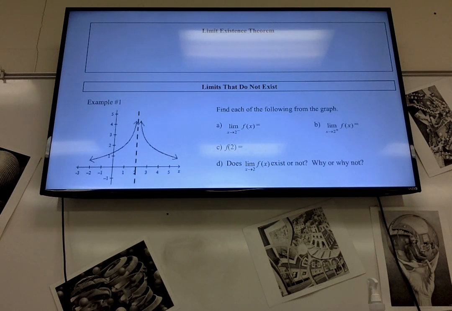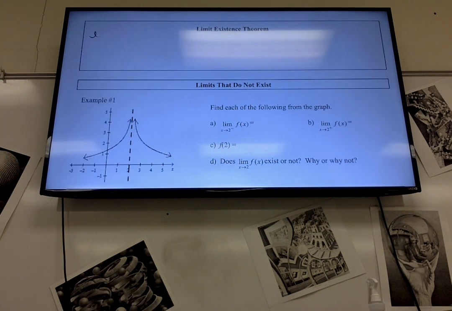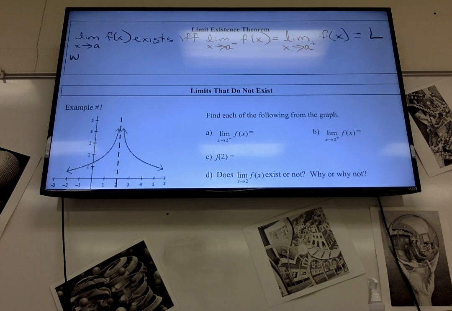Okay, limit existence theorem. Nice little formula here. The limit as x approaches a of f of x exists if and only if the limit as x approaches a from the left-hand side of f of x equals the limit as x approaches a from the right-hand side of f of x equals L, where L